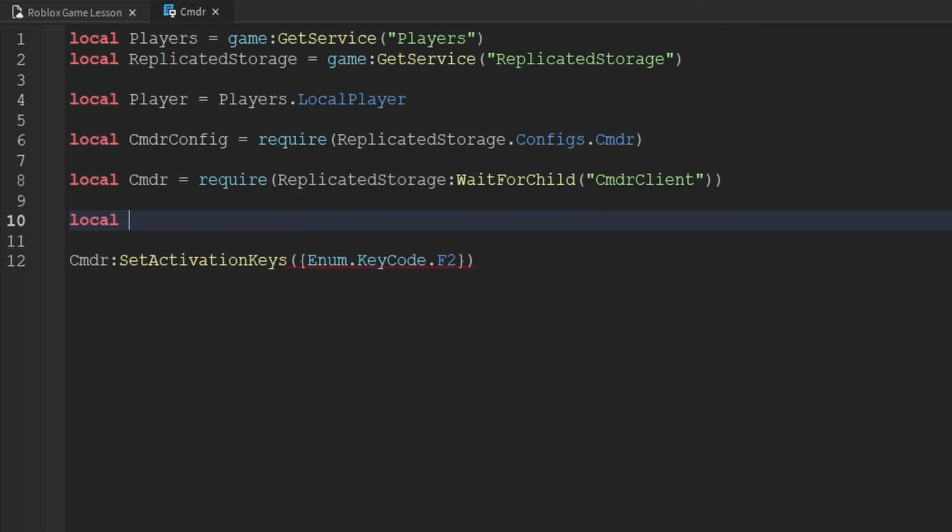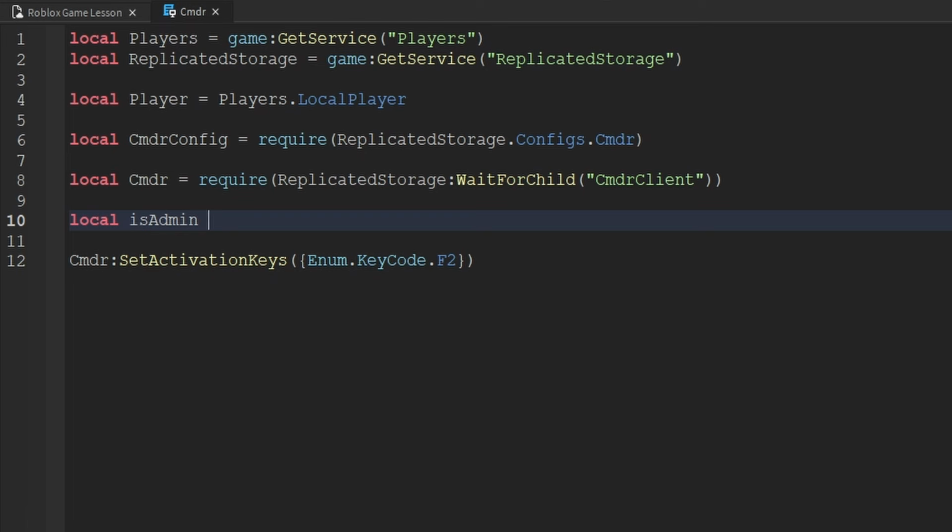And what I want to do is create a variable called isAdmin, because what I'd like to do is restrict any other player from opening up the command terminal besides only our admin players. And the only reason that I'm really doing that is for visual preferences. Like, if we allowed players to access the Cmdr terminal who don't have permissions to use any of the commands or are not admins, that would still be perfectly fine, because Cmdr will handle all of that and prevent them